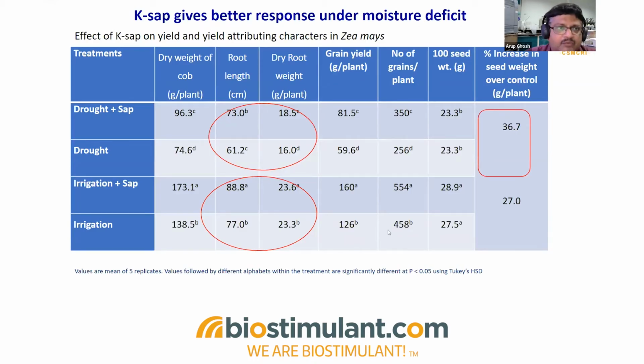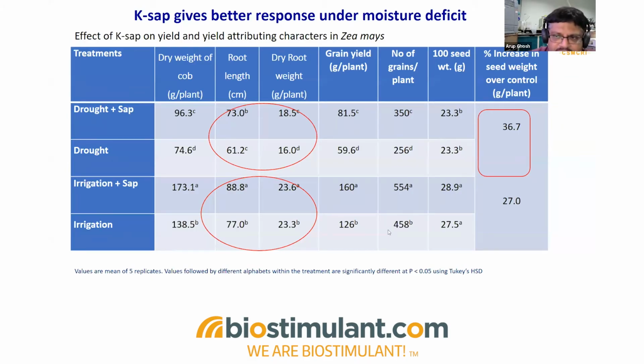Now what next we did is that we found that invariably there is a change in the root length and dry root weight by application of these biostimulants, whether it is under drought condition or under irrigated condition. In drought the response is high. Even though the yields get lower, by application of these biostimulants the diminishing can be controlled, so the decrease can be decreased. Whatever decrease has to happen will happen, but that percentage of decrease can be decreased by the use of this